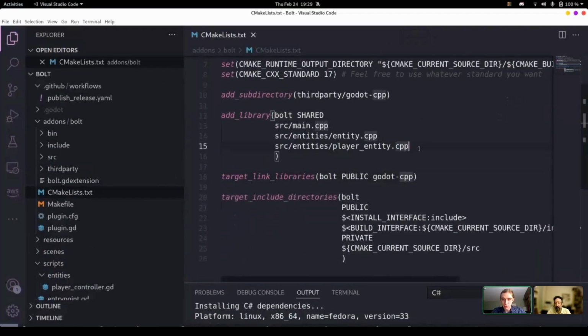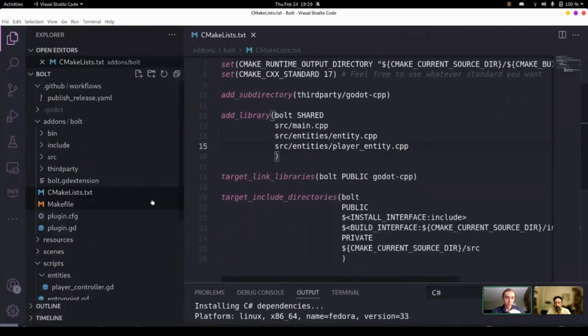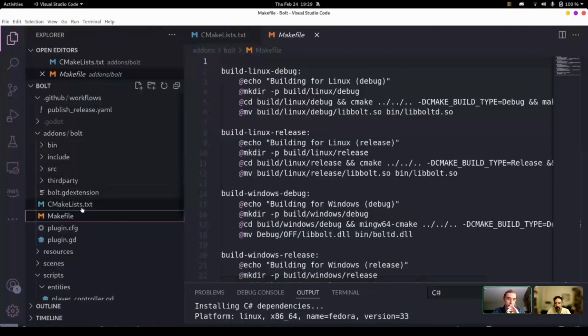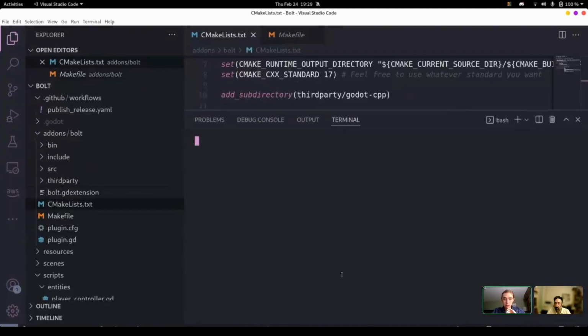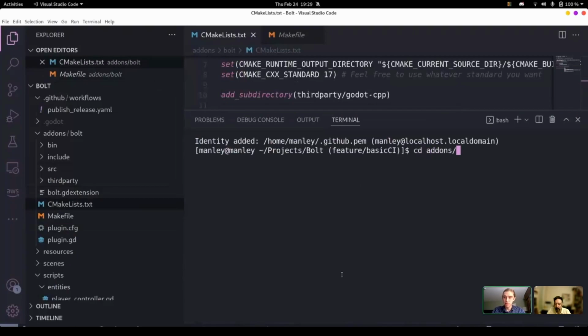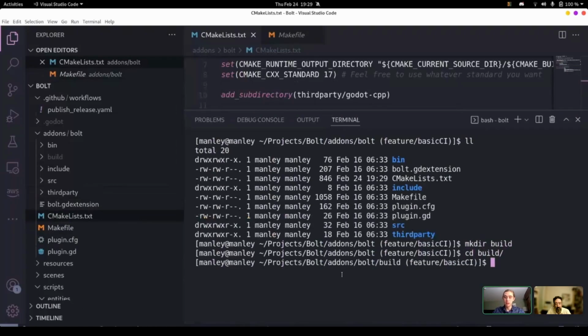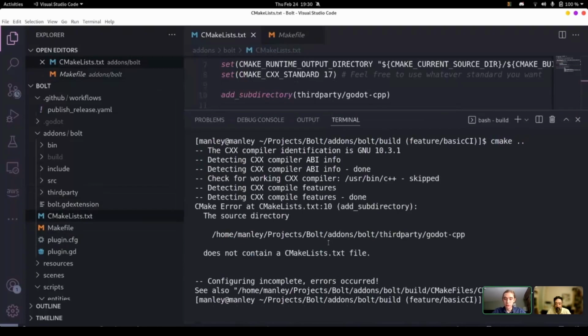So here, actually, let's do a source. Well, I don't know. We'll just start simple. And then I have a makefile here to give a little simplified version. But to build something with CMake, it's a little less straightforward. So you've got to go to the directory here. Generally you want to make a directory to build in. So I just make a build directory, and then you run CMake, because you're in this subdirectory here, and that will generate